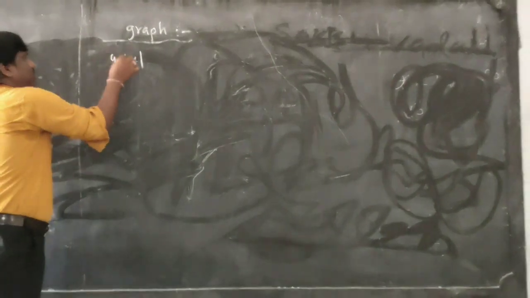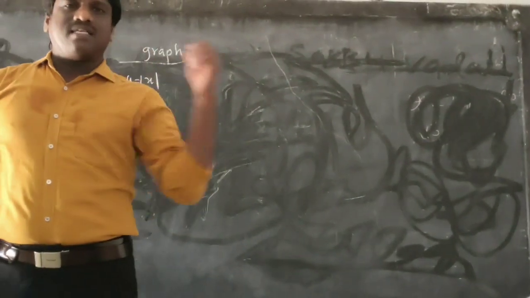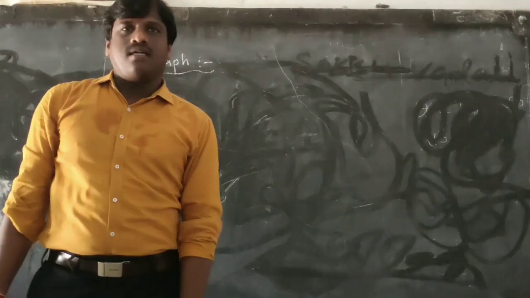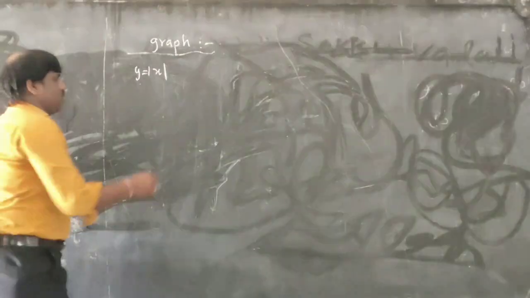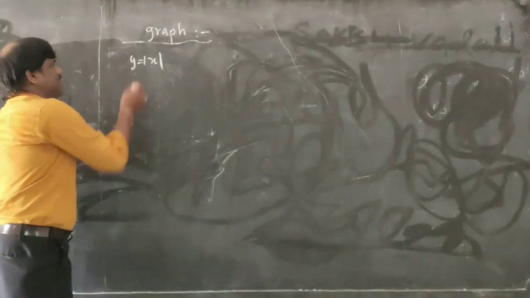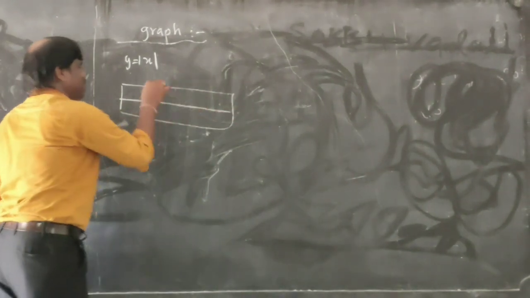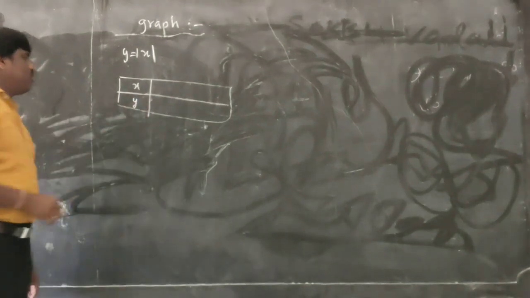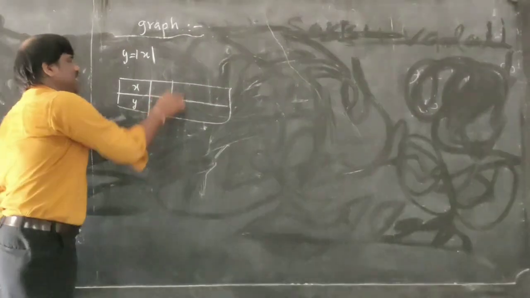Now I will explain the graph of a modulus function. By this graph of the modulus function you will come to know how you got the result. To get the modulus graph, I'll substitute some values of x and then we'll come to know. Let us take x and y as ordered pairs. Let us take x as any value.